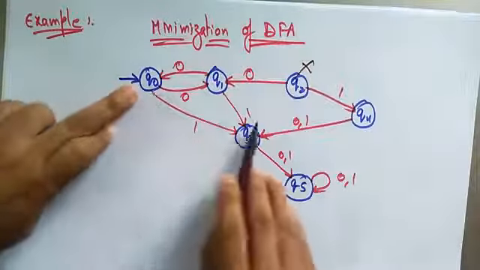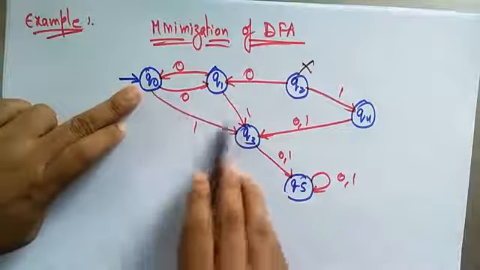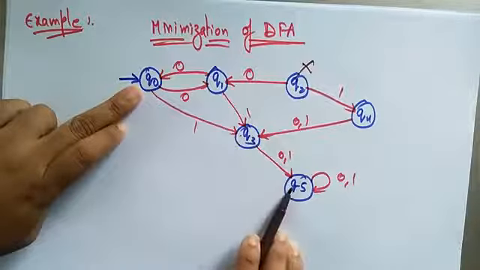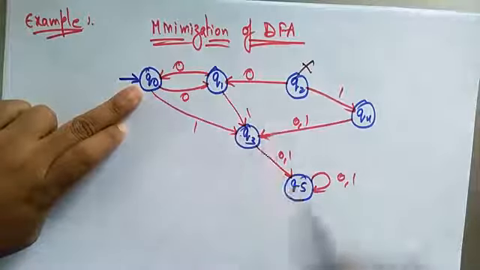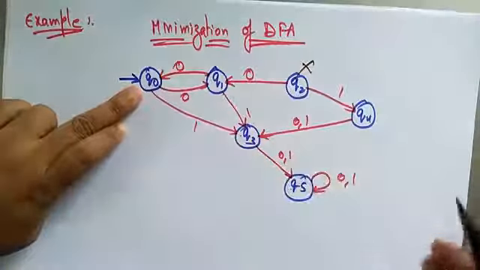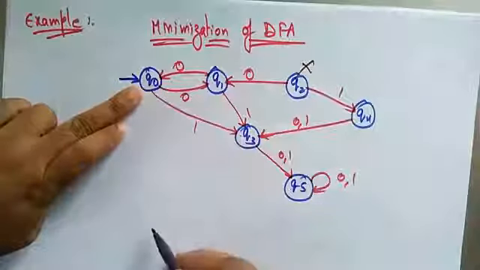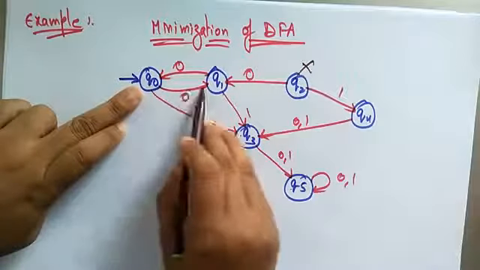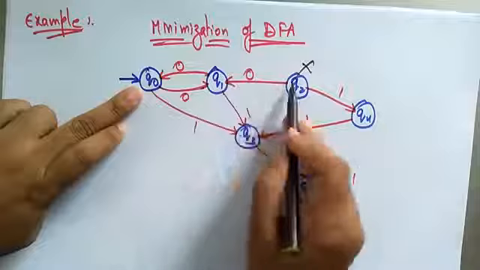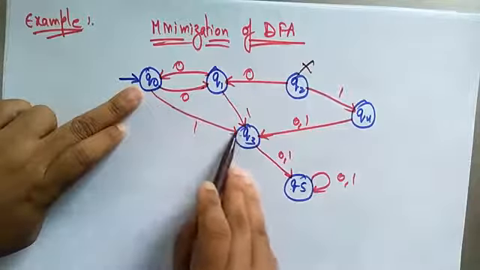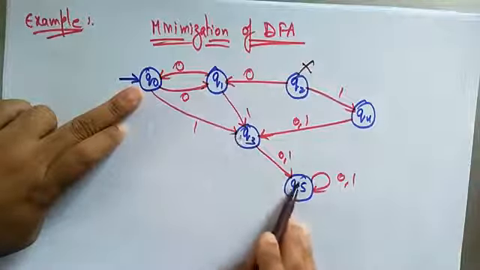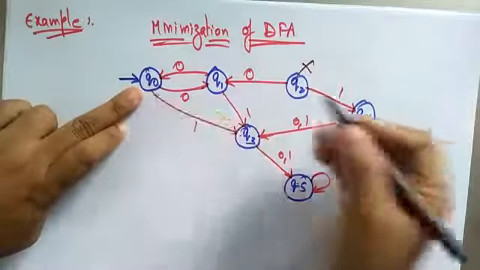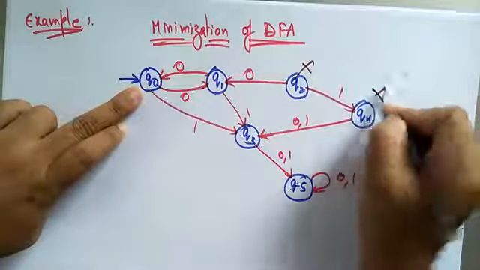In the same way, check the remaining ones. Q3 is reachable, Q1 is reachable, Q5 is also reachable: Q0 to Q3, Q3 to Q5. This means that with the help of intermediate states also, you have to reach that state from the initial state. But Q2 I'm not able to reach. Now check Q4. This way, no, it is not possible. And from this way, Q3 and Q5, I'm going to Q5 but not to Q4. So from the initial state, I'm not able to reach Q4.